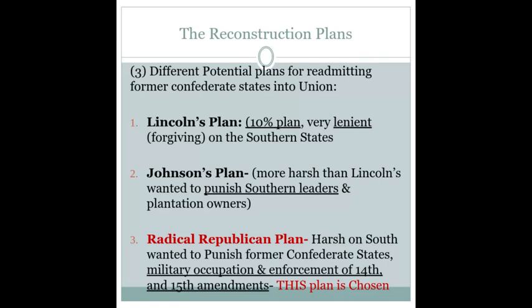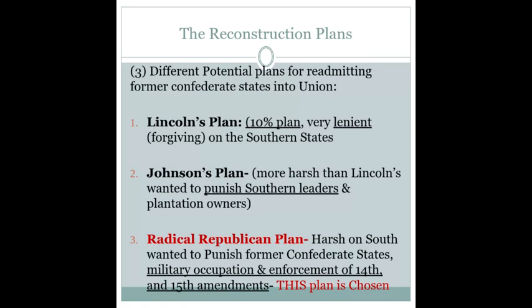No rights or protections for newly freed slaves were allowed, and the rest of the former Confederate states, except Texas, were readmitted under this plan. But like I said, Johnson went behind Congress's back. Now, Congress's plan is going to be known as the Radical Republican Plan. So Congress is the Senate and the House of Representatives. Those are the people who are making legislation, meaning they're making the laws to determine how we're going to unite